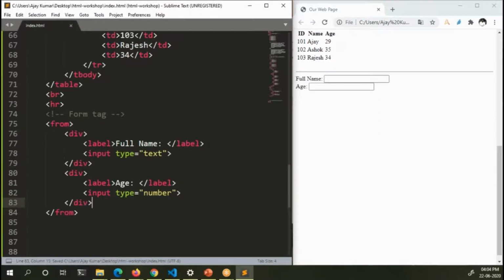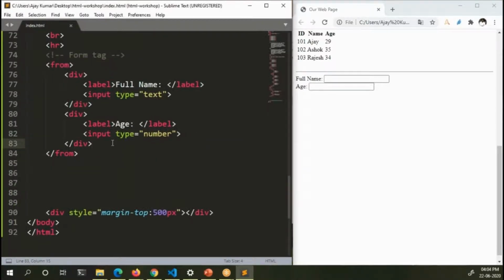Right, so now when you save and refresh it, it is just showing me the same thing. So the default styling for these two text boxes or the input elements is not much better here, it seems. Anyway, let's proceed.